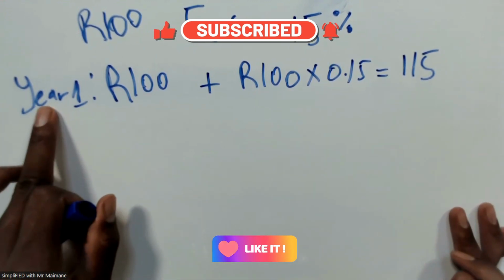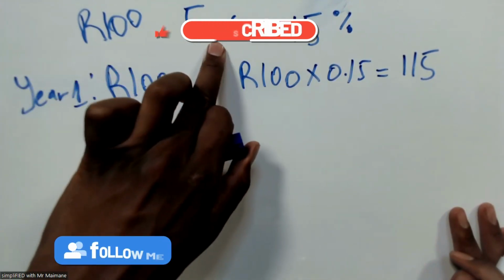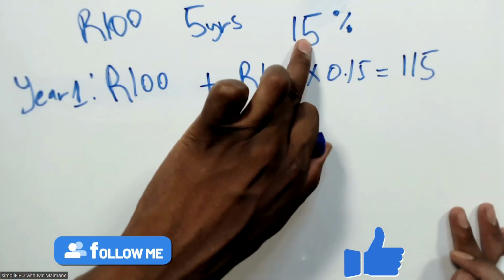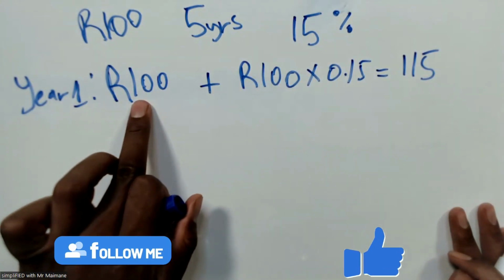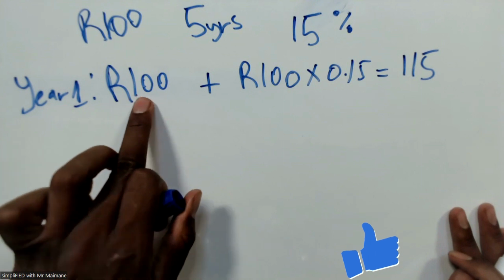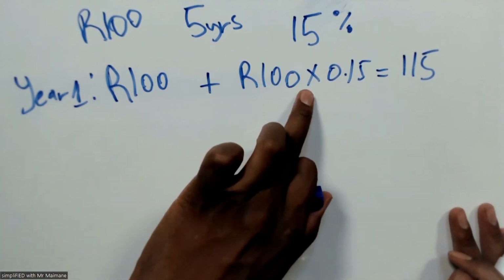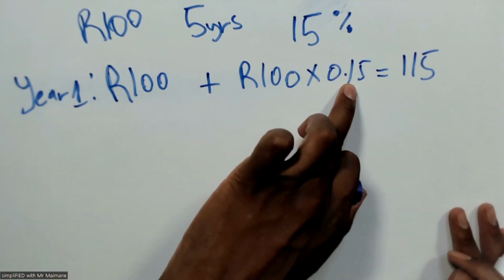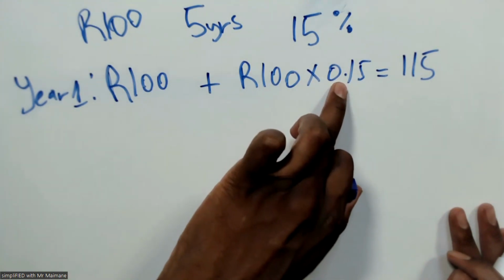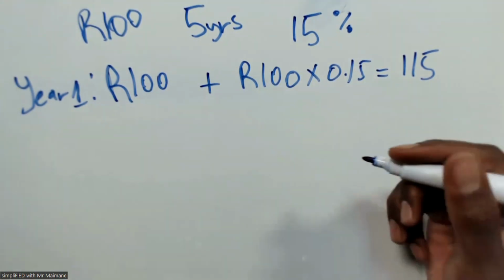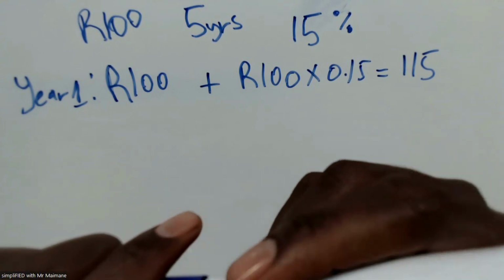So at the end of year one, if you put 100 rands down for 5 years at an interest rate of 15%, after the first year it would be 100 rand plus the 100 rand multiplied by the 15% that you put down. I've already divided it by 100% there, and then you get 115. Now, look at this. At the end of year two,